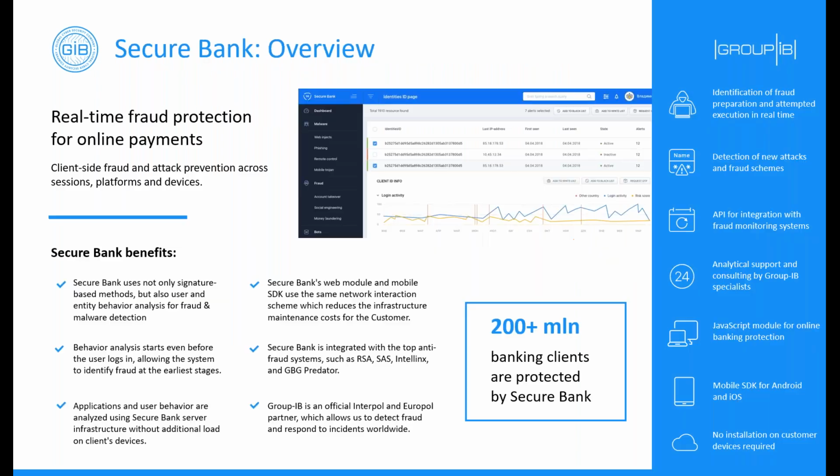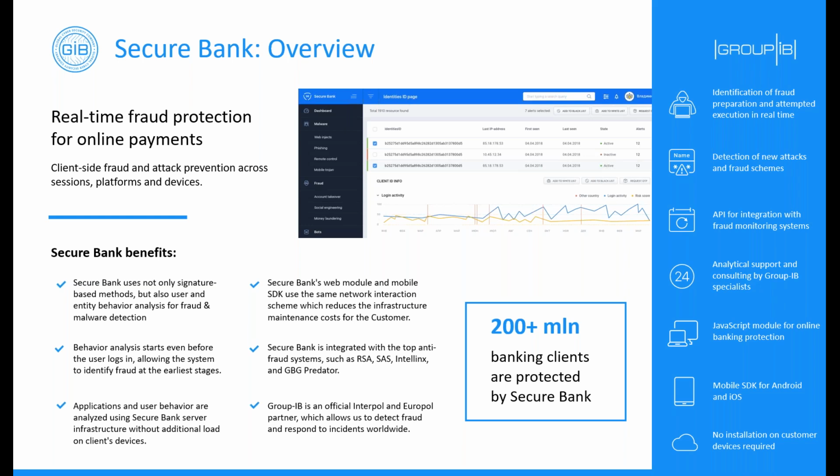So that's why we developed Secure Bank. It's a real-time fraud protection for online payments. It's a client-side fraud and attack prevention across different sessions, platforms, and devices. Basically, no installation on customer devices is required. Behavior analysis starts even before the user logs in.